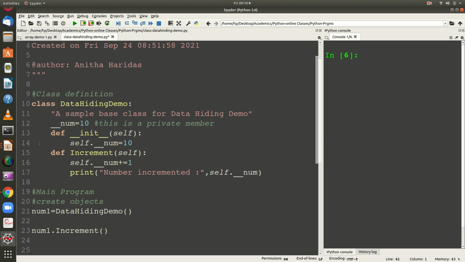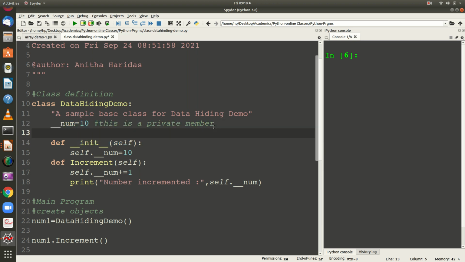As told, if you want to have a private member, you have to prefix it with a double underscore. If you prefix it with a double underscore, then this becomes a private member. Suppose you have count equal to 0, then this becomes a public member. This is a public member, whereas this is a private member.